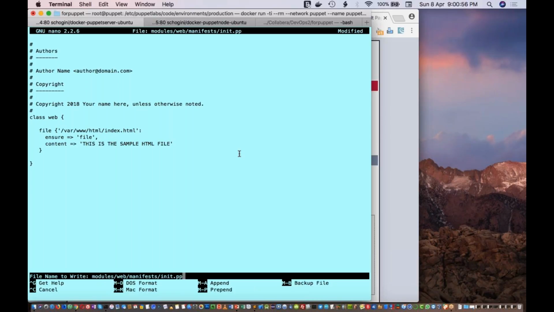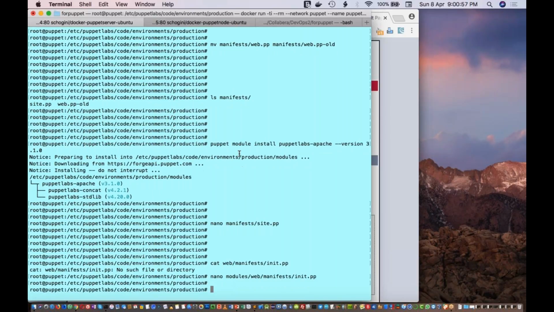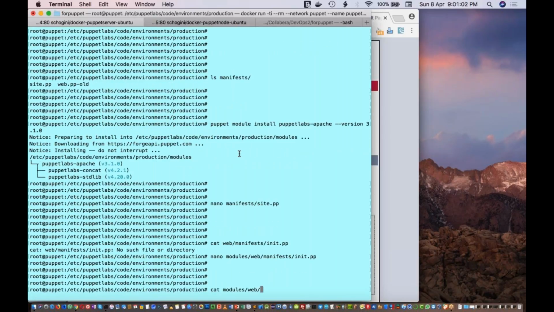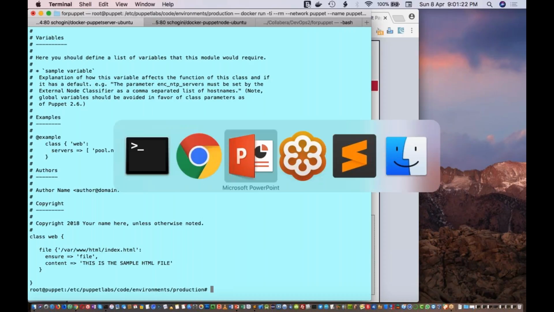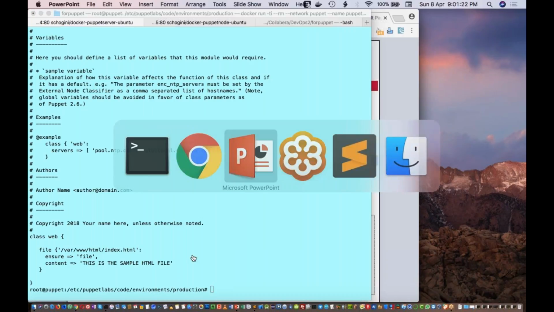Now the content of my web init.pp is just this much, just creating a file. I'm changing the default index.html file to be served. I am having an issue executing apt-get update on my system, so I'm not able to show you that one. But if you execute the same command on your machine, it will work.